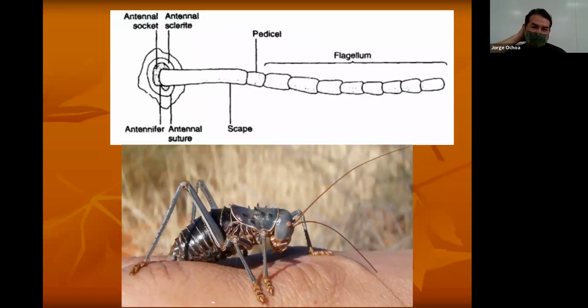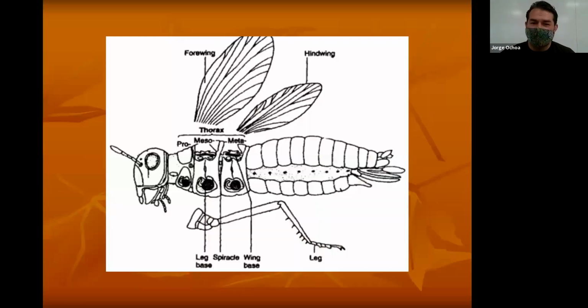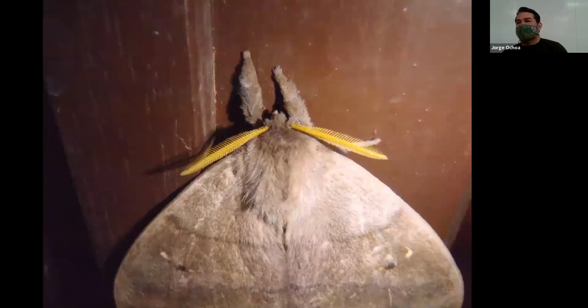I mentioned the antennae could have several segments, and you don't need to know all the segments or all the different parts unless you want to, but know that the antennae are going to be very important for many insects, for identifying them. Such is the case when we have a moth. So here's a moth, and if you notice, their antennae are almost feathery because they're nocturnal. So they rely on the pheromones, the chemical signals from other moths,